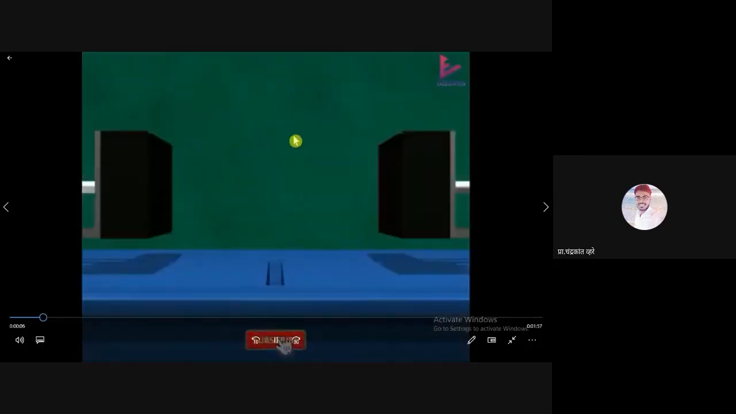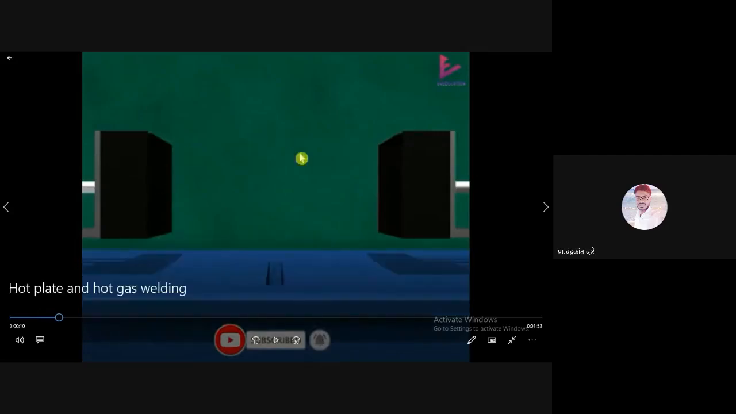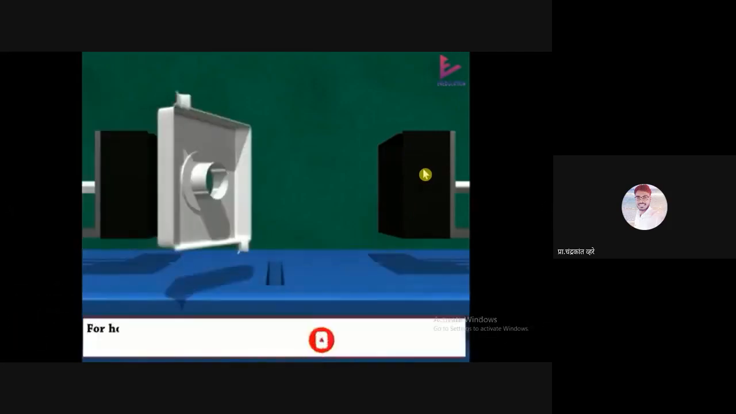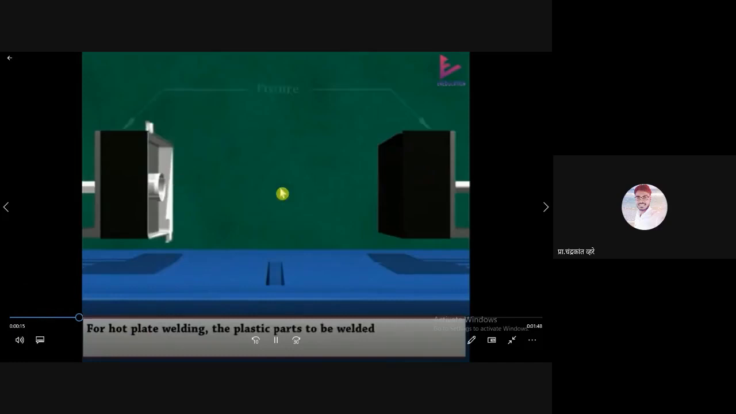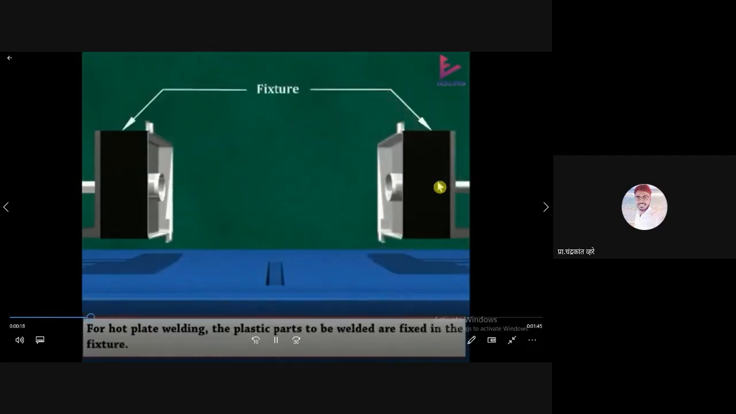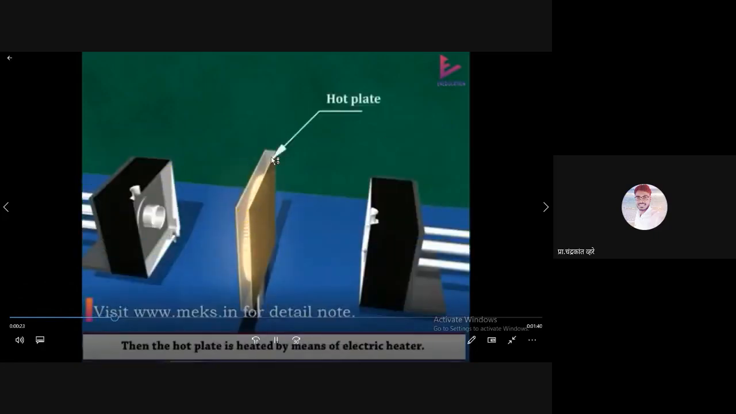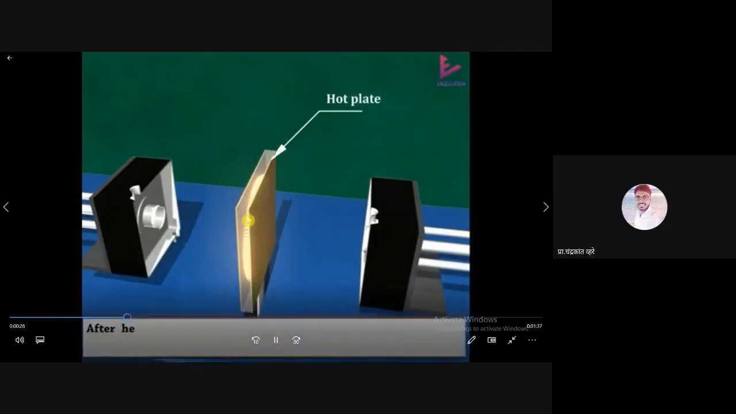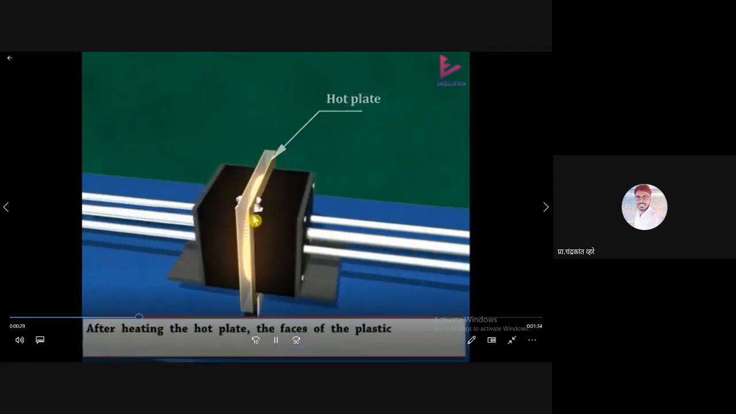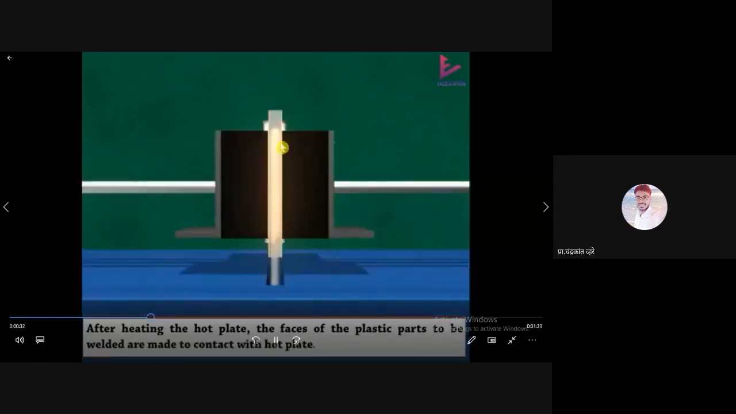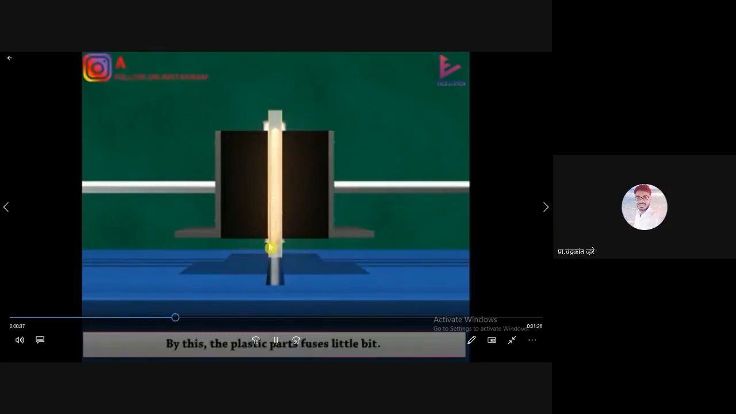Now this is the hot plate, or we can say hot tool welding process. Okay, so this is a fixture and this is a fixture. A fixture is for holding the job. This is one side job, and this is another side job, and these black-colored parts are fixtures to hold the jobs. This is the hot plate, or we can call it a hot tool. You can call this plate or tool. This is hot, and due to this heating, the surface of these plastic plates gets melted up to some level,